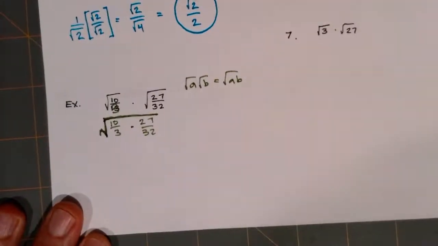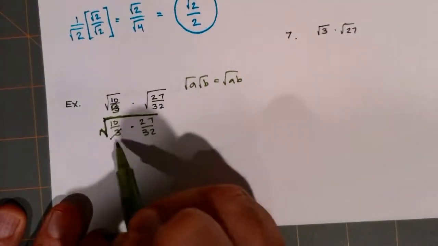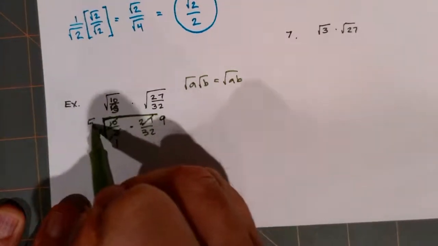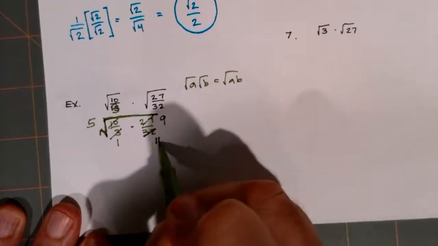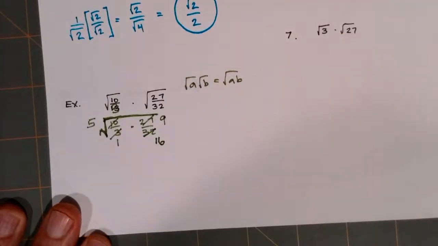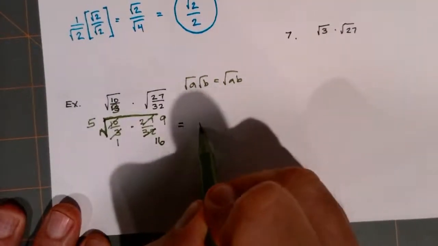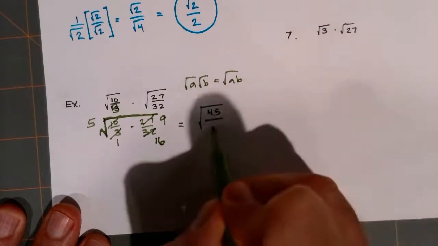Okay? Now I could multiply it right now, but I think it's a little bit easier if I do my reducing. So this is a 1, and this is a 9. This is a 5, and this is a 16. Okay? So I end up getting here the square root of 45 over 16,